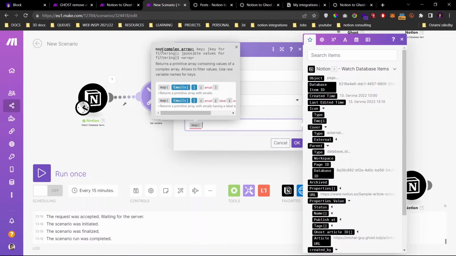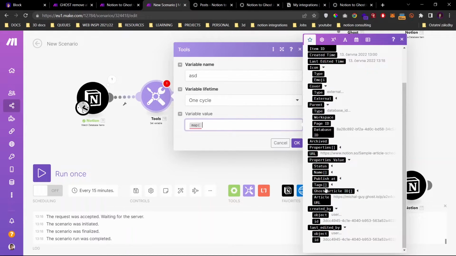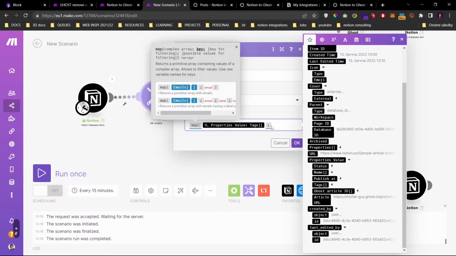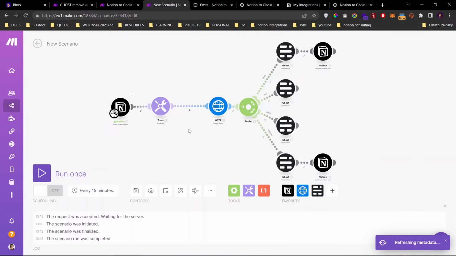So this function map allows us to convert a complex array to a simple one. So our array, that's the tags, and well, the key, that's what we want to get, is the name. You don't care about the ID, you don't care about the color, so let's just get the name, hit OK,